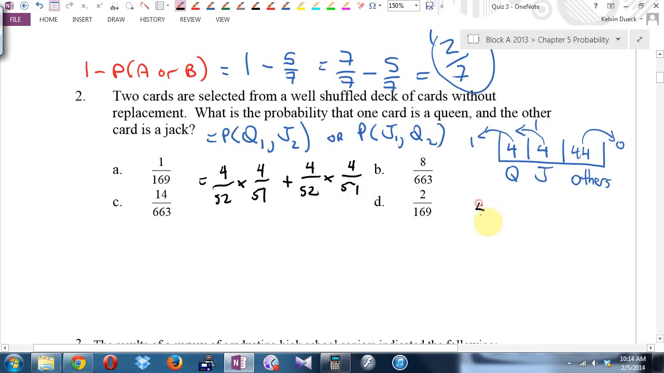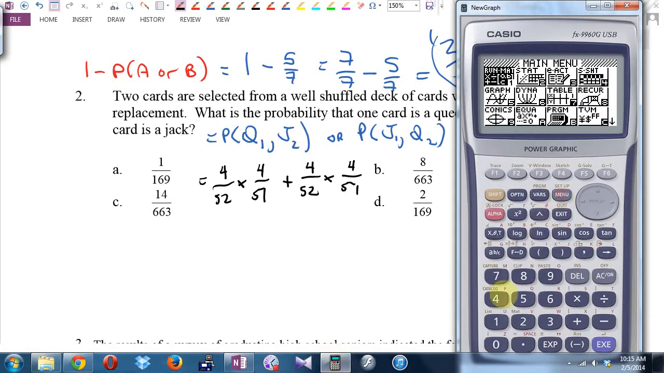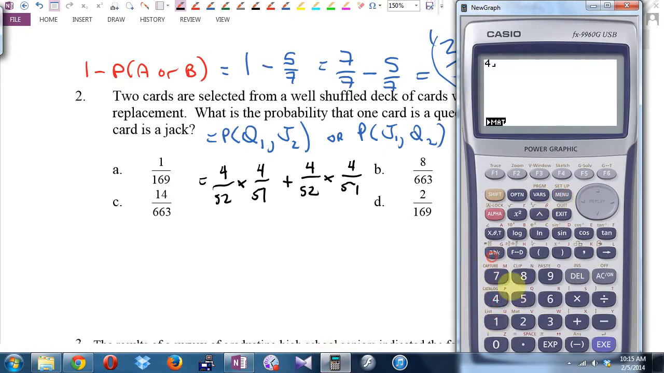So you could either go 4 choose 1 and 4 choose 1 and 44 choose none, all over 52 choose 2, or the first method. I'm going to use the first method because I happen to have it set up here. 4 out of 52 and 4 out of 51, or 4 out of 52 and 4 out of 51. Or as the shortcut, I could have done this times 2 because they're the same number twice. Regardless, I get